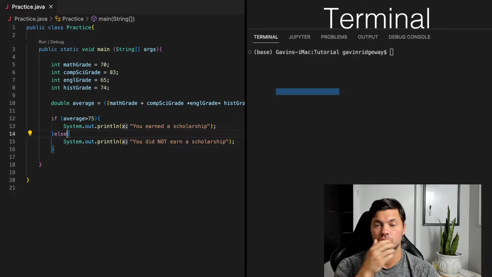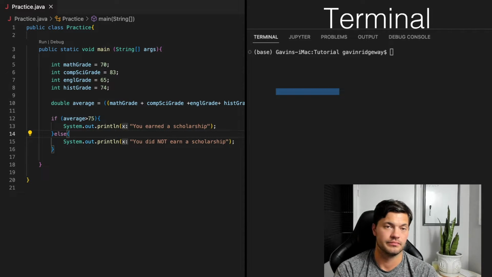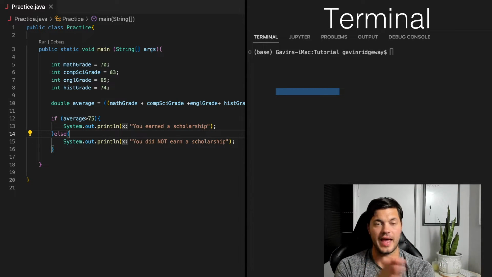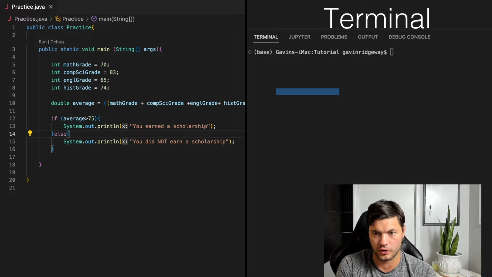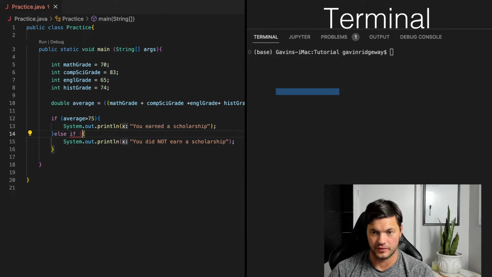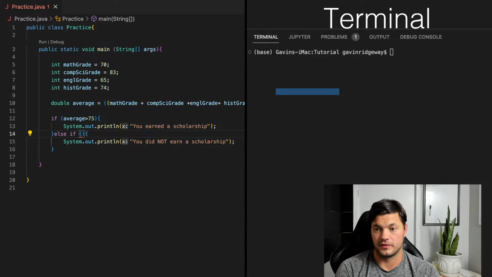So I can also do else. Within if statements, there's if, else, and else if. What this allows me to do is add extra conditions. So here we go, I'll go else if instead. If my average is not greater than 75, what I need to do is put in my conditions here. Else if